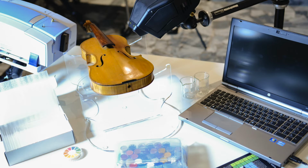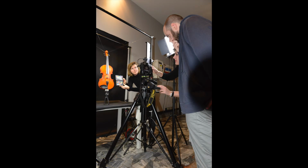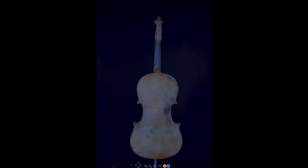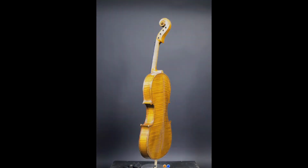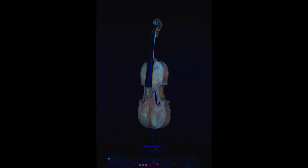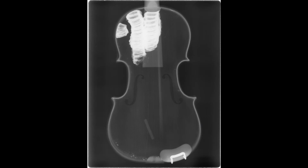Violin is important here in Cremona, and what we did here is to set an analytical protocol to analyze varnishes and treatments or pre-treatments of the wood in violins. This protocol starts with a photographic set in visible light and UV fluorescence, just to get information about the distribution of the varnishes and other organic material on the violin. And we can do other analyses, for instance, X-ray radiography of the violin or stereomicroscopy, just to have magnification